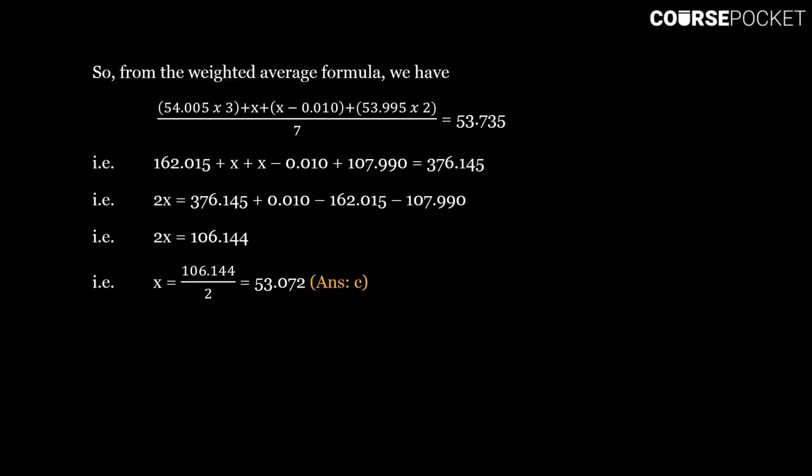That is 162.015 plus x minus 0.004 plus 107.990 is equal to